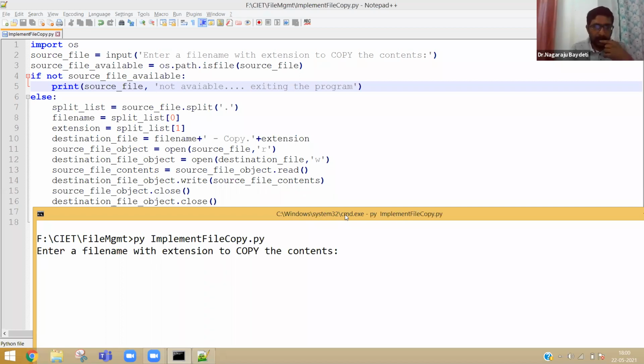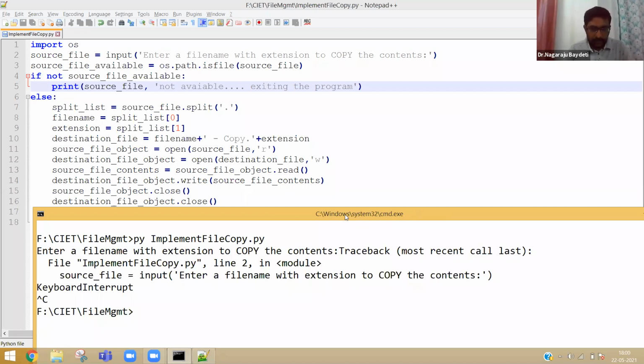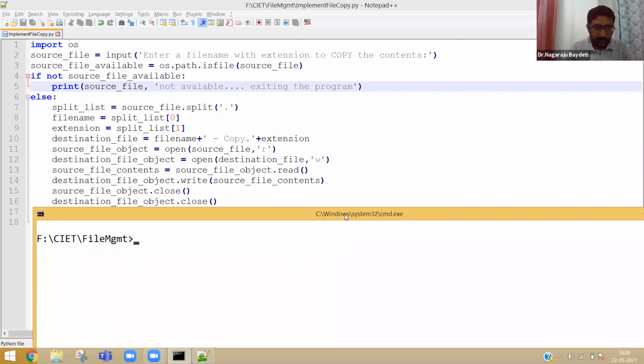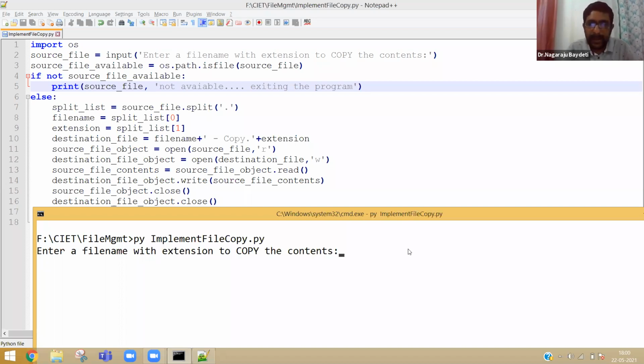Okay, I forgot the notepad. Oh, my text file.txt. Let me copy. Now it is asking me, let me give my text file.txt.